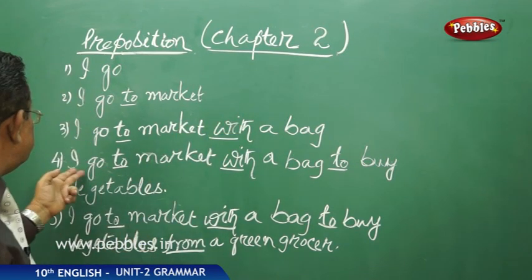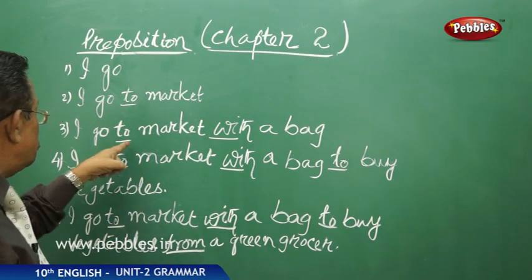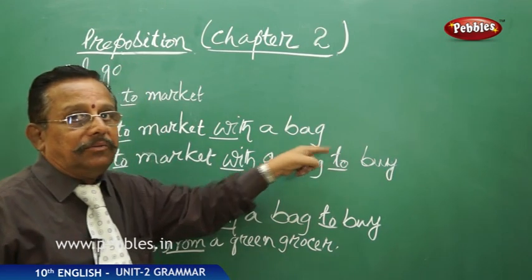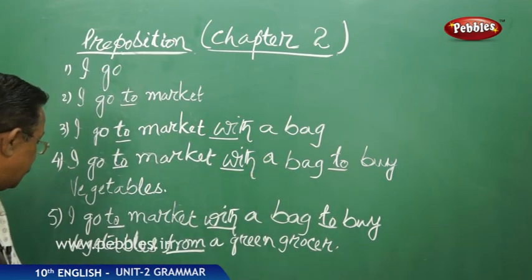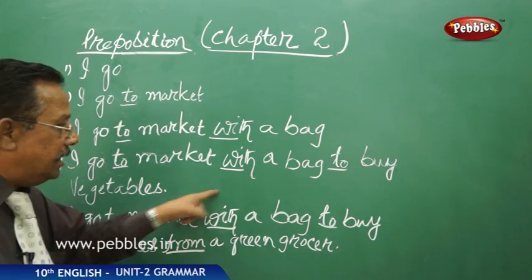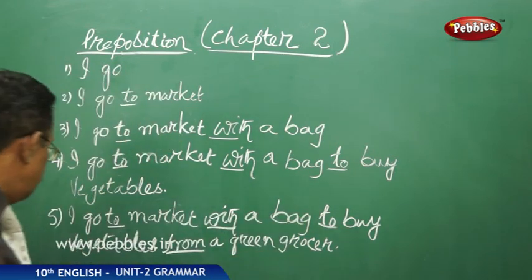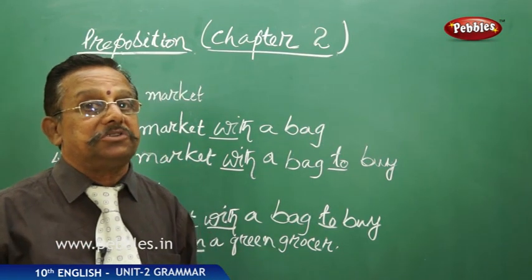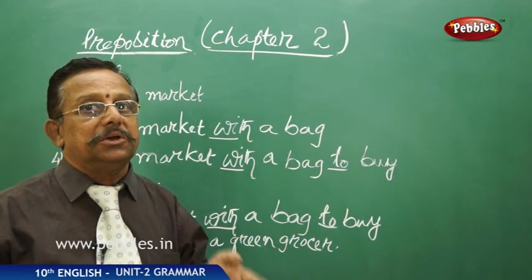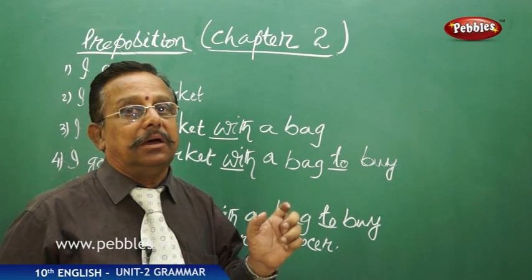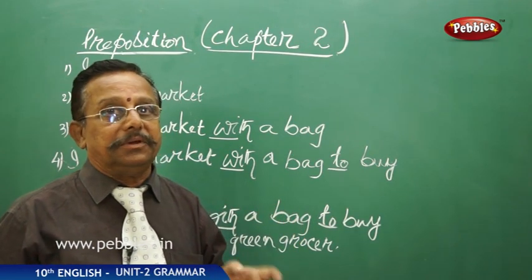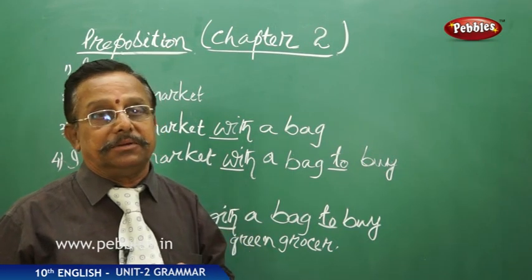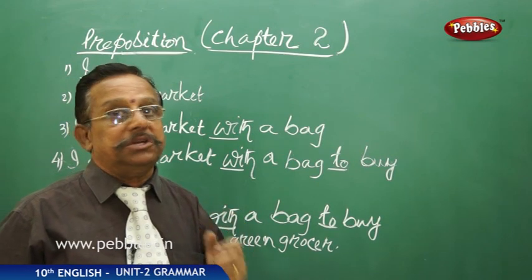And third, here if you see, what we have here is "to" and "with", and also "to" once again. And if you see the fifth one, "to" is there, "with", "to" is there once again, and "from" we have used. So, in a nutshell, we can understand there are certain words which keep the continuity of the sentence, right? And what are those words? Those are called prepositions. Why are they called prepositions?